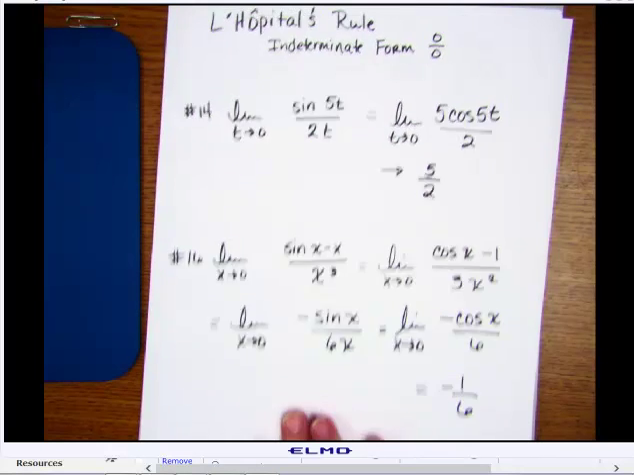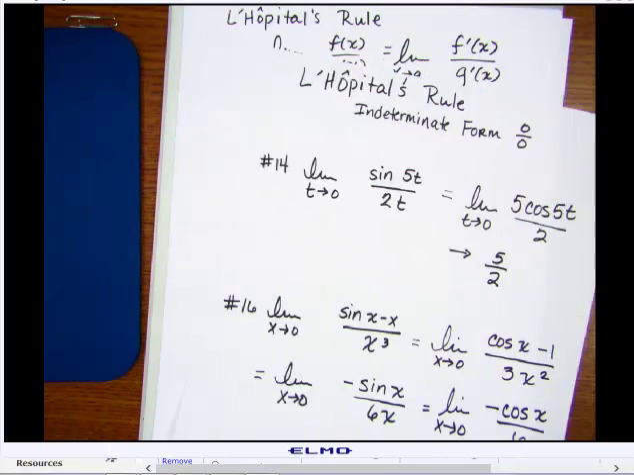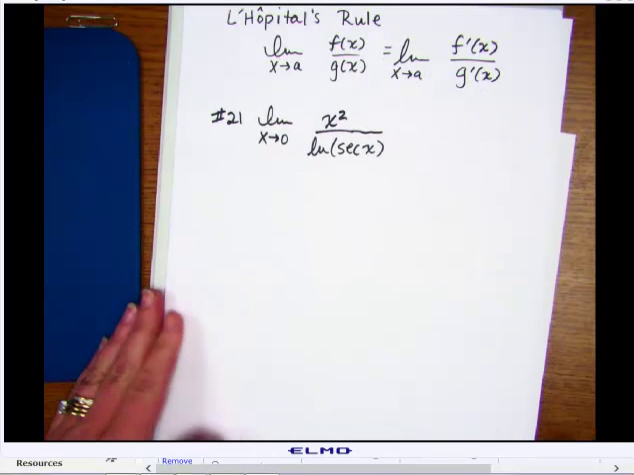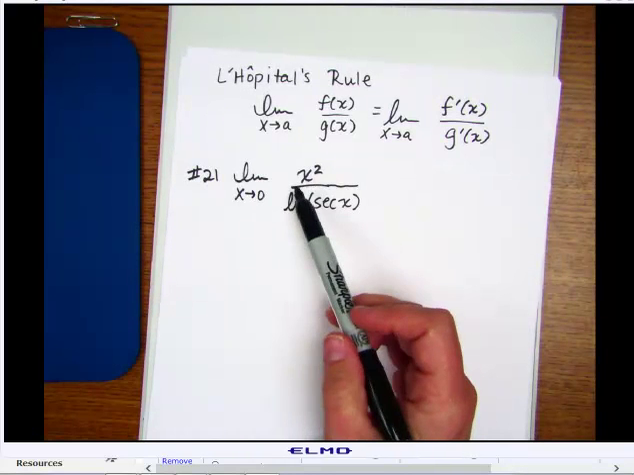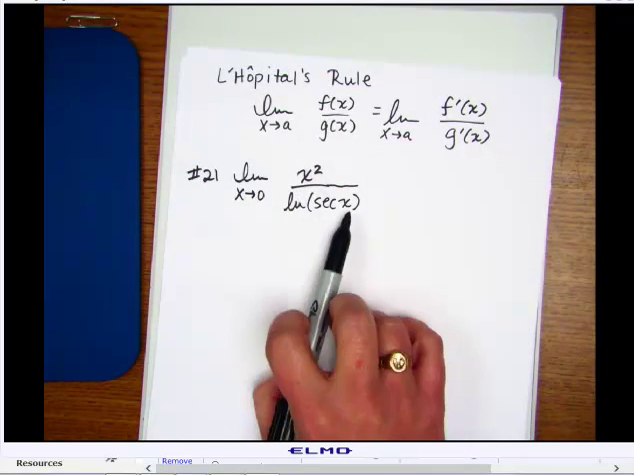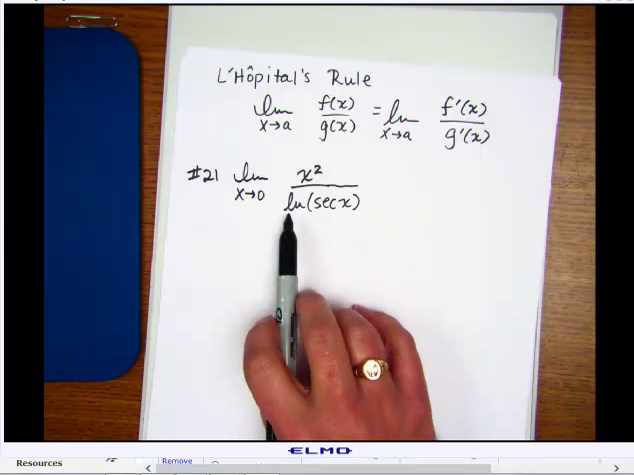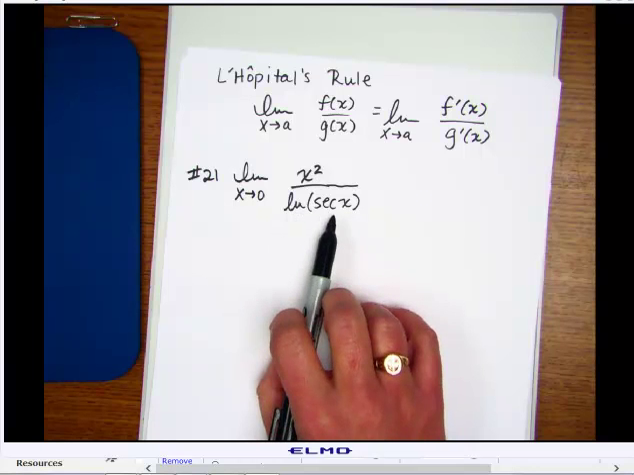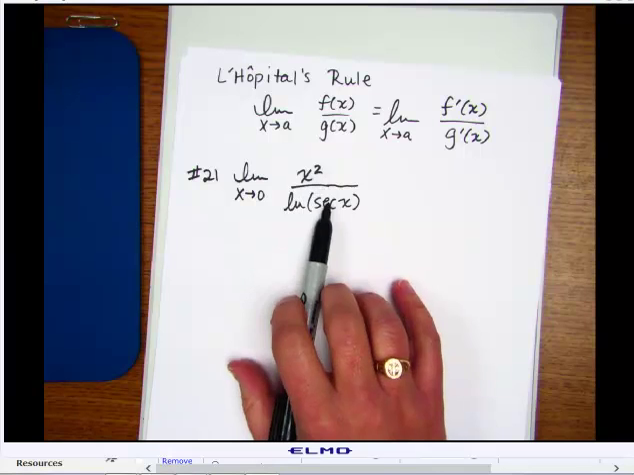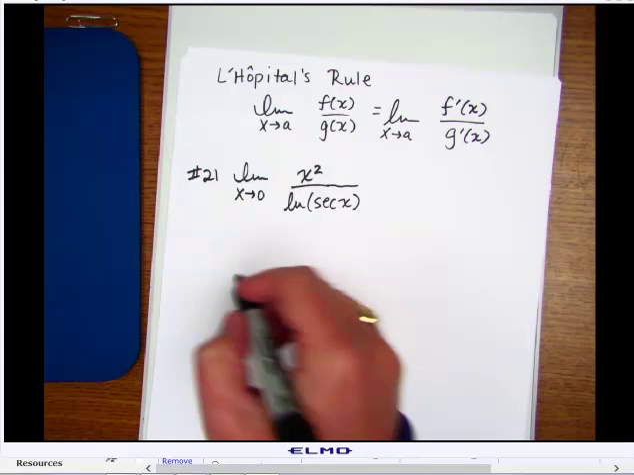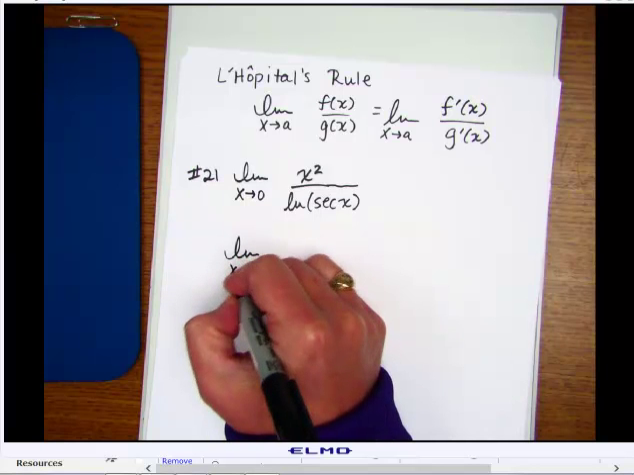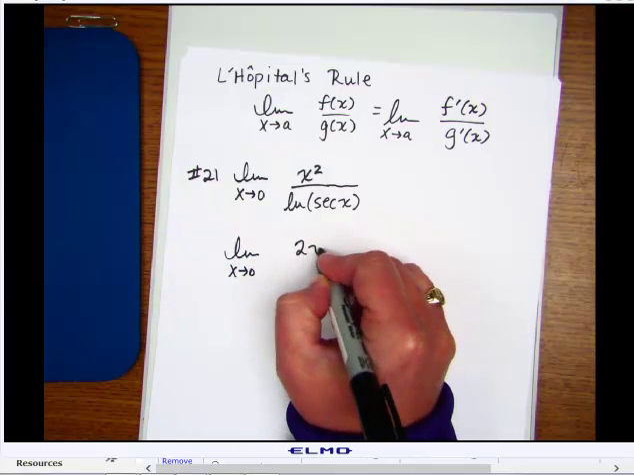I have one final example, okay, and that is this one. Again, x squared, if I plug in 0, I get 0. If I plug in 0 here, I get 1, but the natural log of 1 is 0. So again, I'm back at 0 over 0, which is the indeterminate form. So what I can do is once again take the derivative of the numerator and the denominator. That would give me 2x